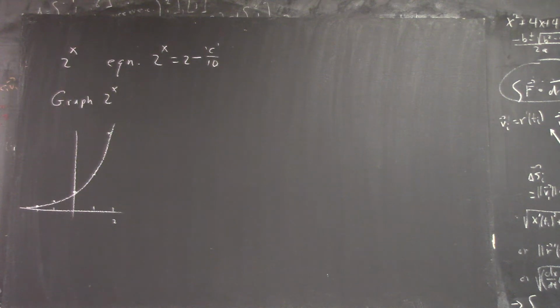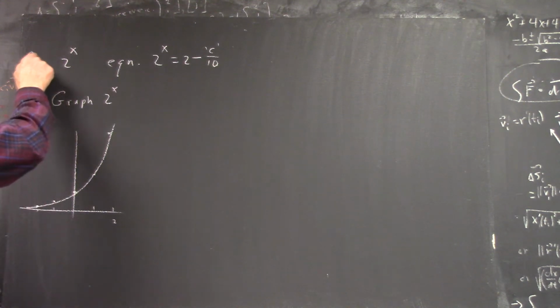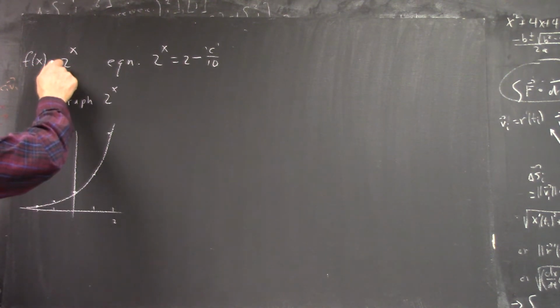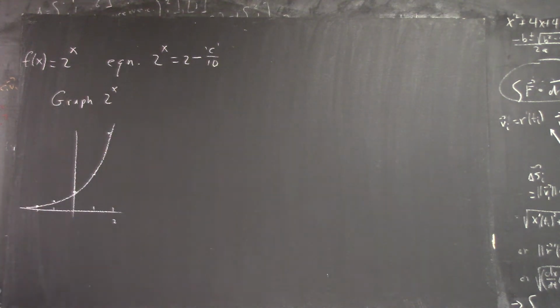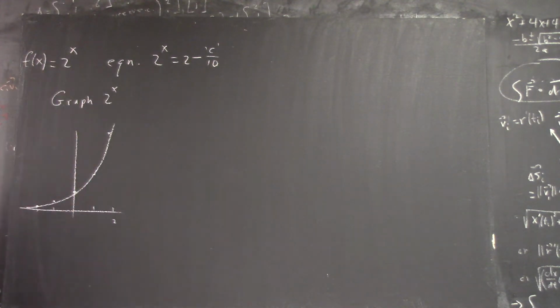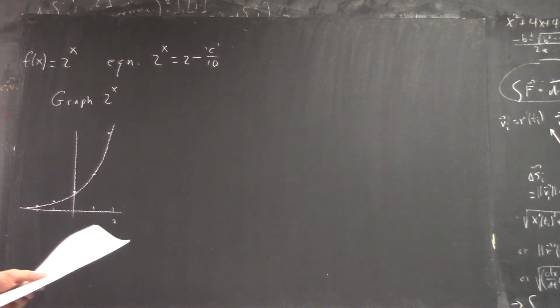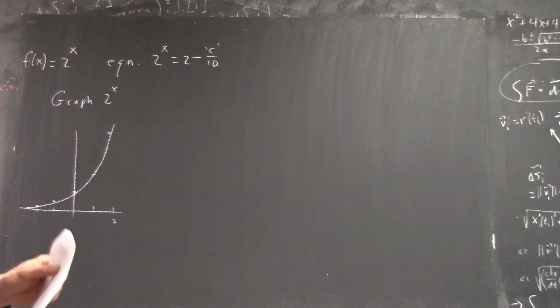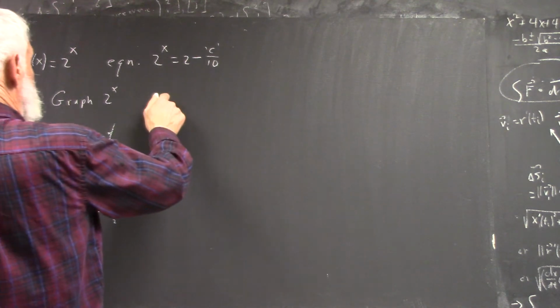Okay, so we got a problem that basically tells you a graph f of x and use that graph to solve an equation, right? Okay, so here's f of x, here's your equation. Well, let's graph it. There's the graph. Everybody knows how to do that, or really I hope they can. Okay? And then we want to solve the equation